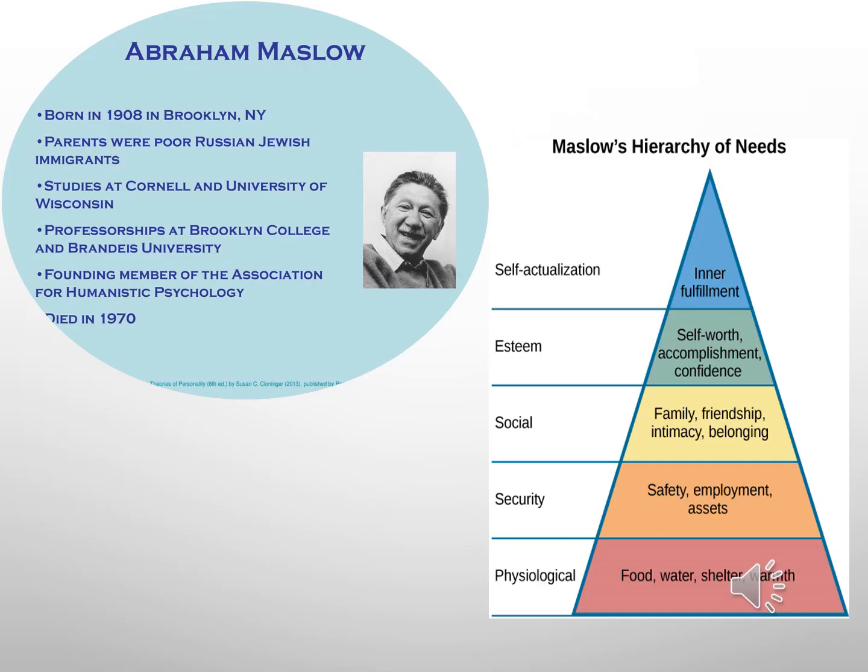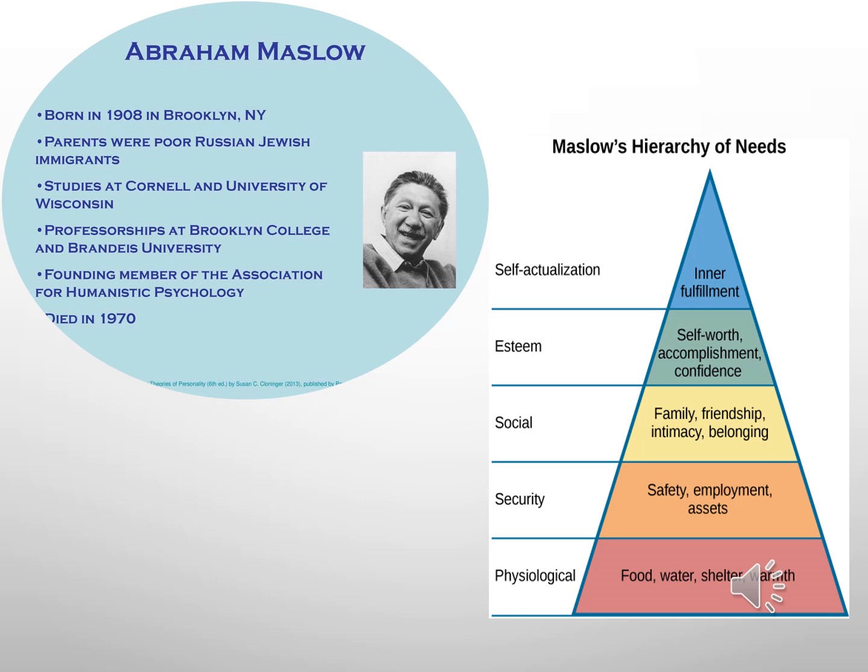So this is a picture of Abraham Maslow, and on the other side of his picture you can see his history, which is when he was born, where he was born, his family history, his career history, and all that. So I'm just going to focus on this hierarchy of needs. The hierarchy of needs, as mentioned in the previous slides, is classified from the highest to the lowest. So the highest is